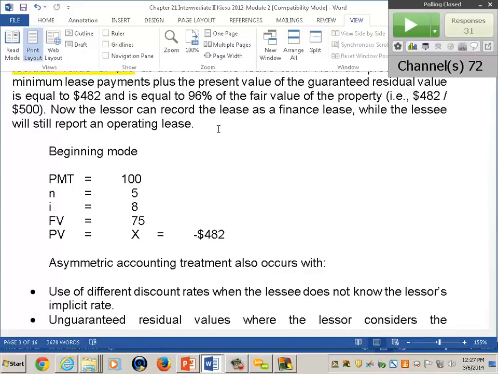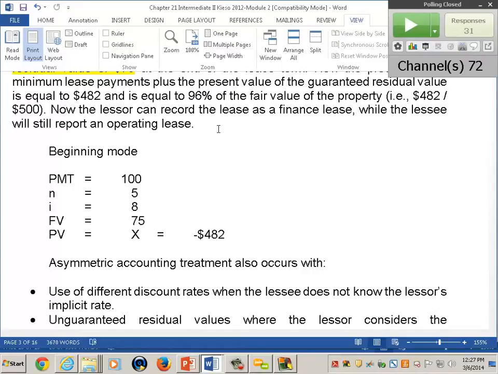And not only that, you get lots of asymmetrical accounting treatment when you have different discount rates. We could also get it with residual values. You also get asymmetry when you've got group 2 conditions that are failed, right? So lessee gets capital, lessor has operating on the group 2 conditions. No revenue rec, we said that before. Well, now it is. No, we resolve it. We're using GAAP to resolve the conflict of interest.